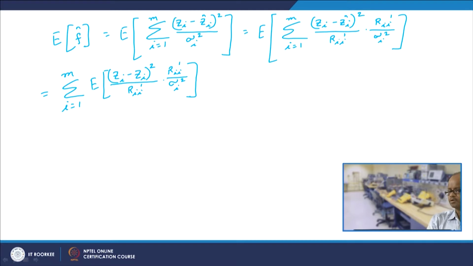Now, this is something into this, so I can take it out. So, I can write it as the sum from I equal to 1 to m of (R I dash by sigma) whole square into E of (Z I minus Z I hat) square,